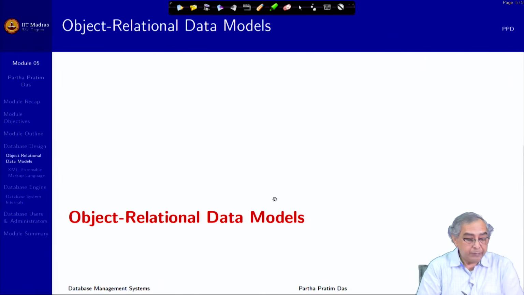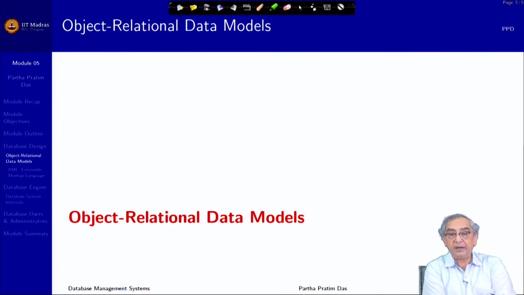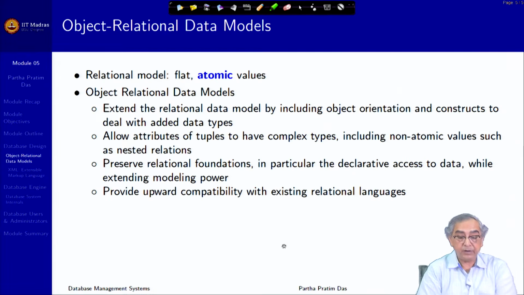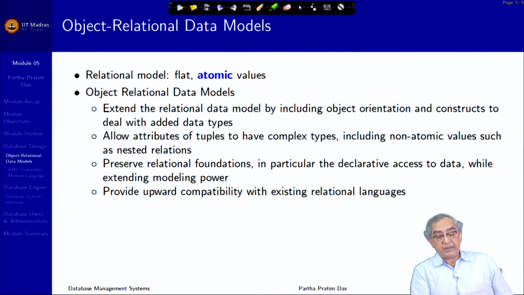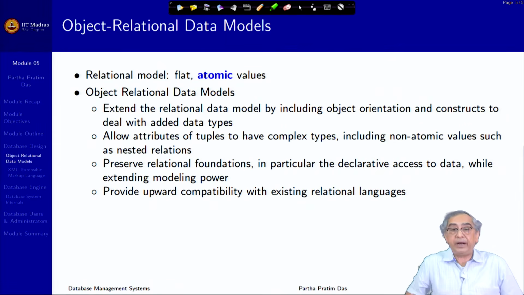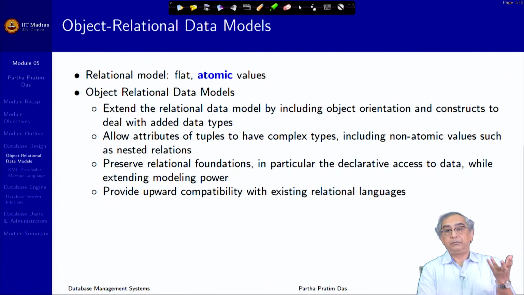Moving on, you may note that besides relational, which is primarily what we are going to discuss, there are object relational data models. In a relational model every value is a flat, atomic value, like a string or a number, or every attribute is either a string or a number or a character or a date, but it cannot actually be a composite thing, like an attribute could not be a student, because it has multiple other components,